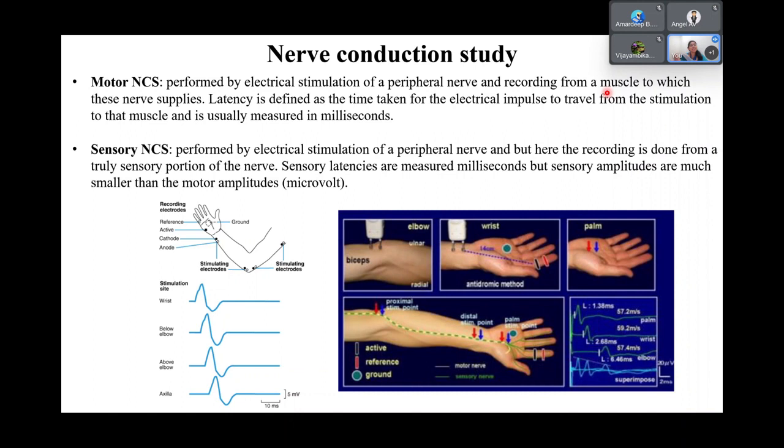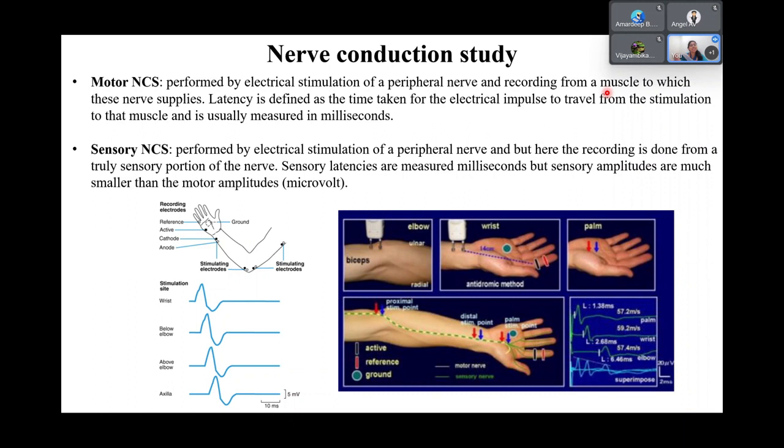So this was based on where you put your recording electrode, but based on the type of study and what location you are looking at, what region you are trying to understand, you have different kinds of study. One is called F wave study and one is called H reflex study. So F wave study means where you are trying to look at the velocity between the limb and the spine. So in this, you have a strong electrical stimulus which is applied at the distal portion of the nerve,